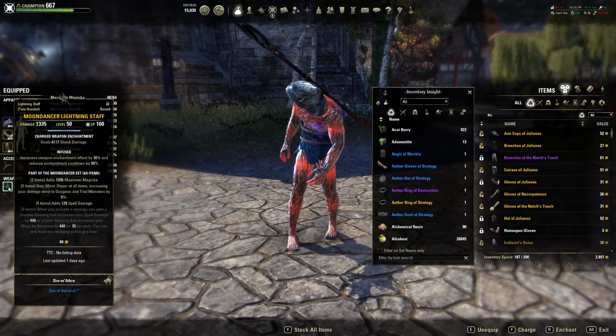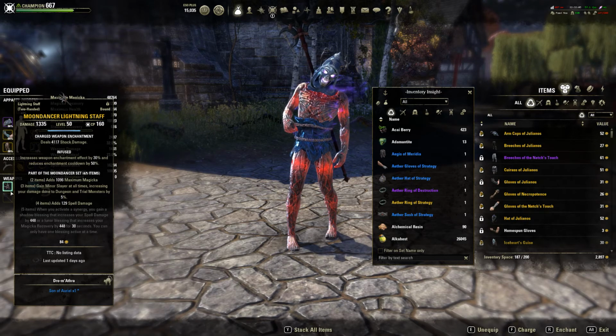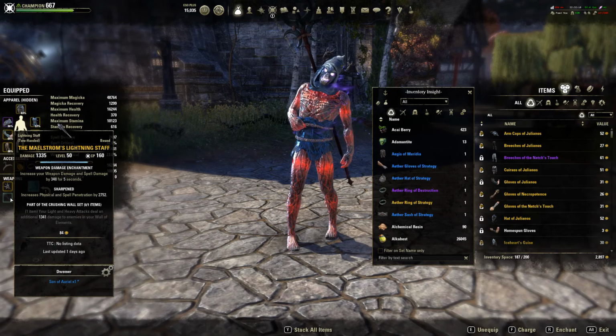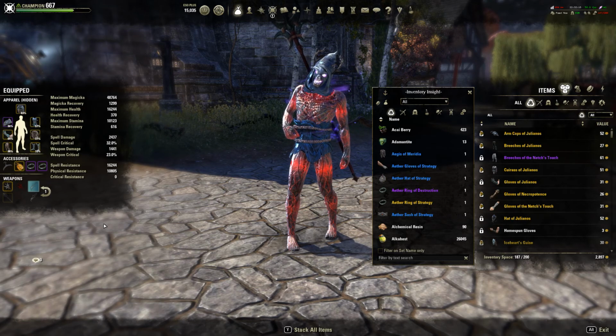That's still good DPS, and it will still get you up to that threshold. The problem is that now with this staff, they dropped the spell damage on it. There's no more spell damage that you get from having this staff. So what I had currently going, and one of the big selling points as to why you shouldn't have dropped